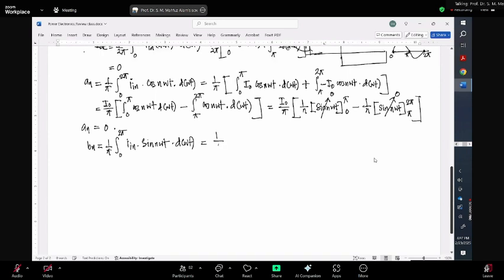So again, it should be 1 over pi. Then we can write it down as 0 to pi I naught sine n omega t d of omega t